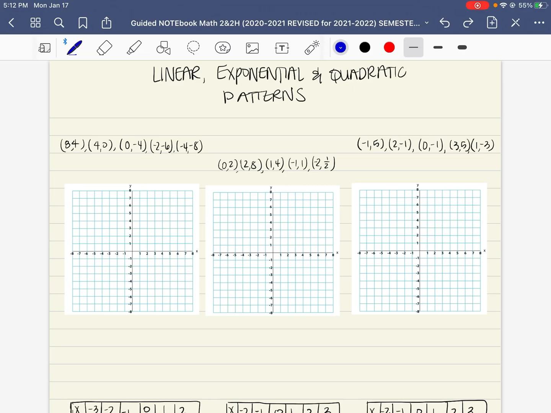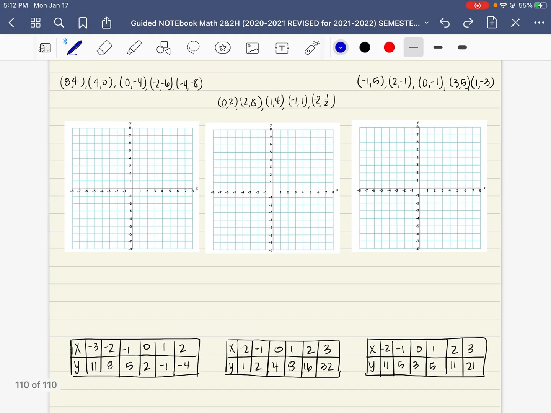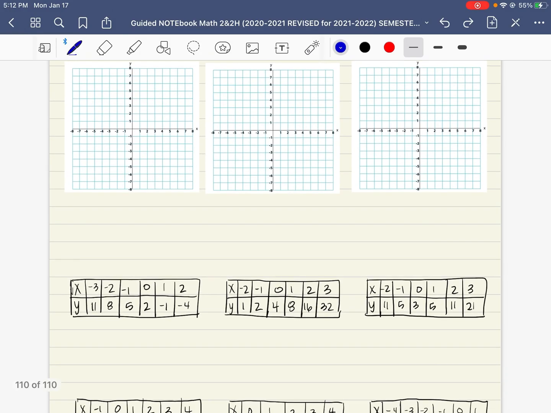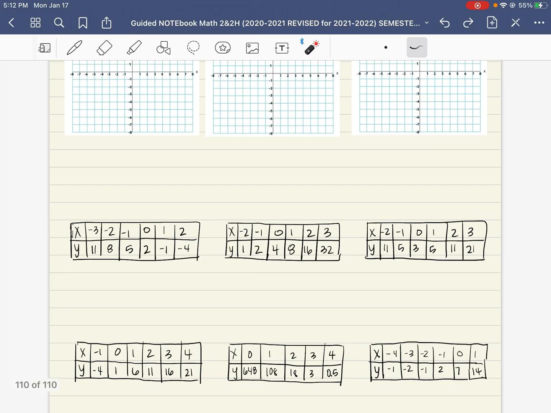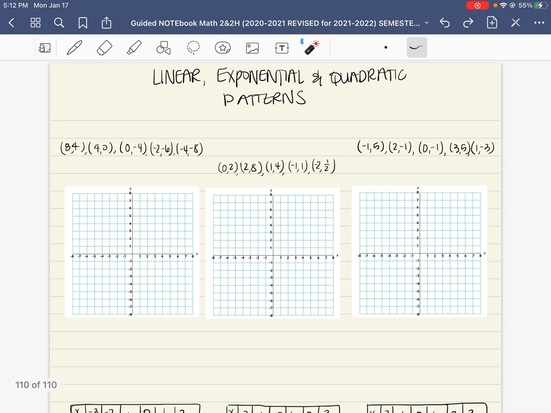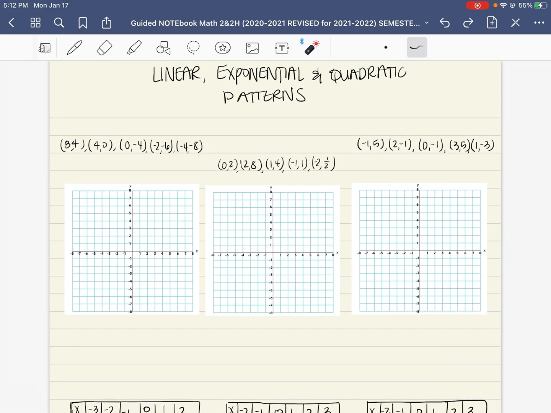So you will be asked to identify whether data given represents a linear, exponential, or quadratic pattern, and then actually create those specific functions based on what kind of data is given and pattern that is identified. So I'm going to go through some specific examples with just points, data given on tables. You'll notice a lot of times we write our tables vertically with our X and Y here. Your tables in your textbook are written down horizontally, so I did that as well. So I'm going to walk through some of these examples, and you'll be asked to do this on your assignment, so hopefully this will give you some specific